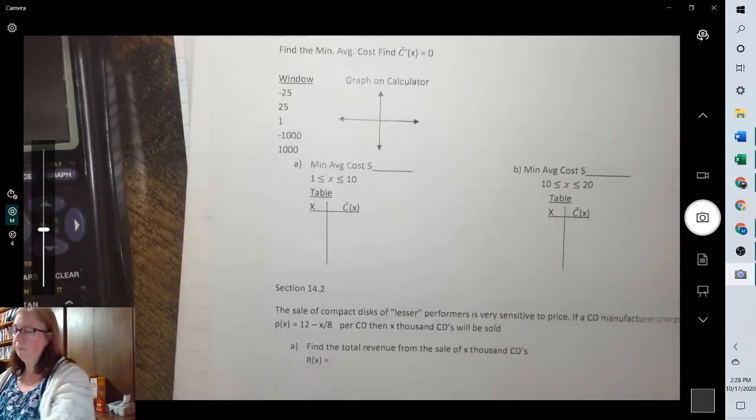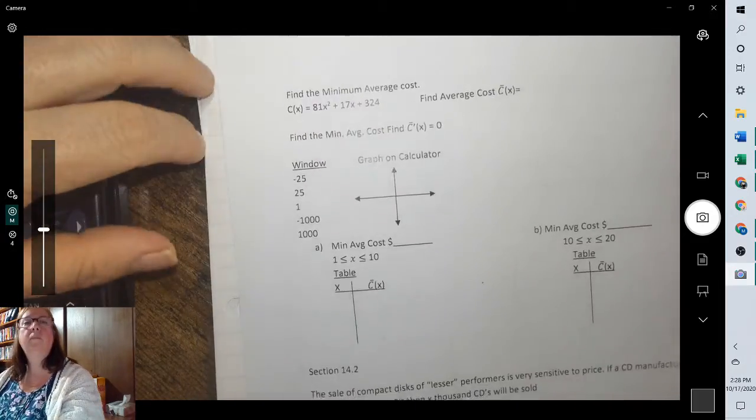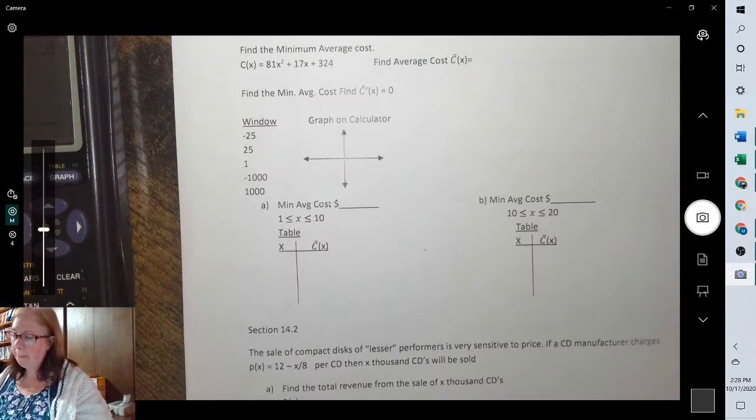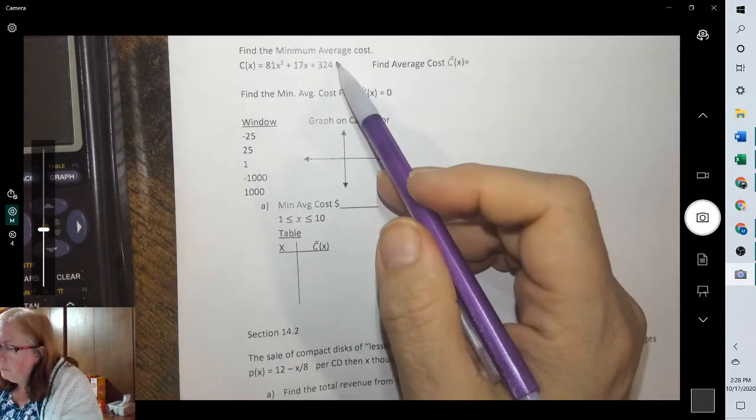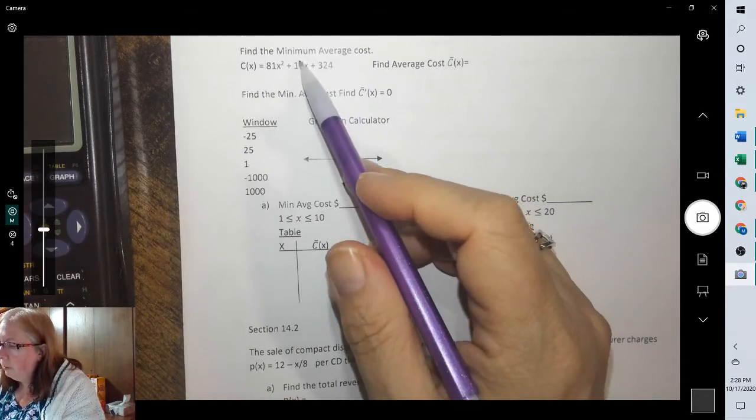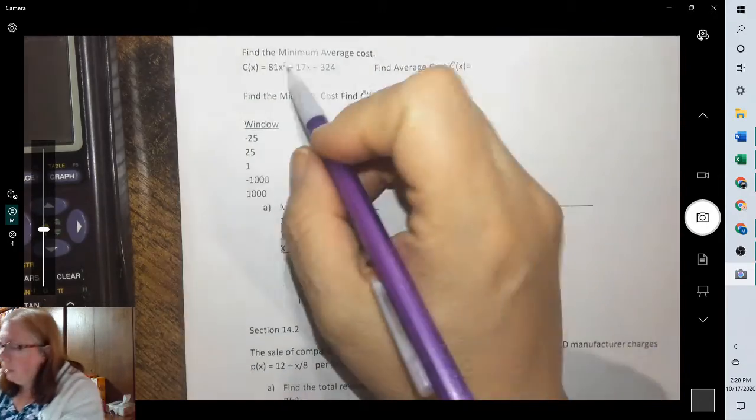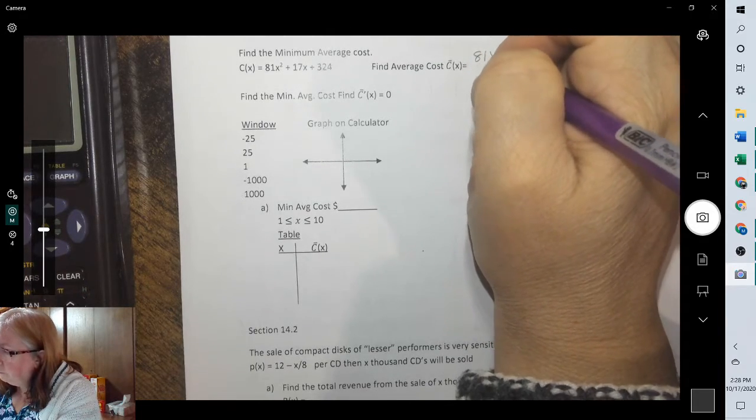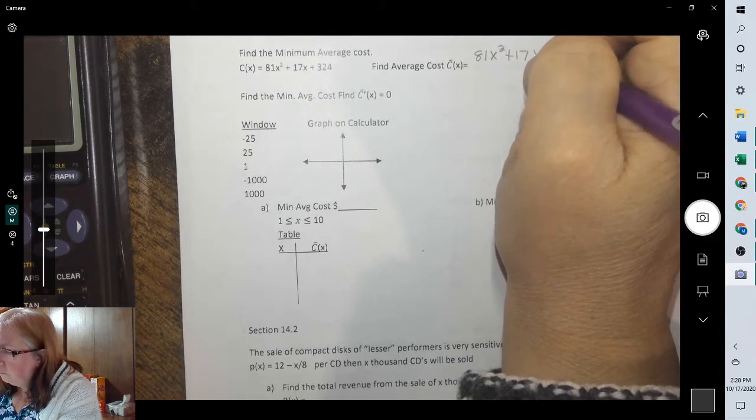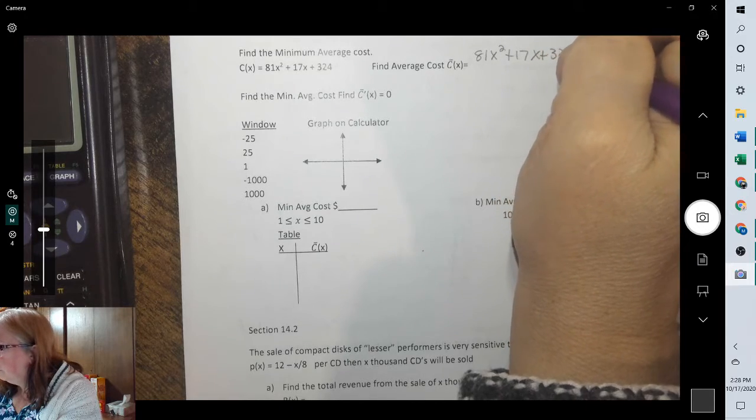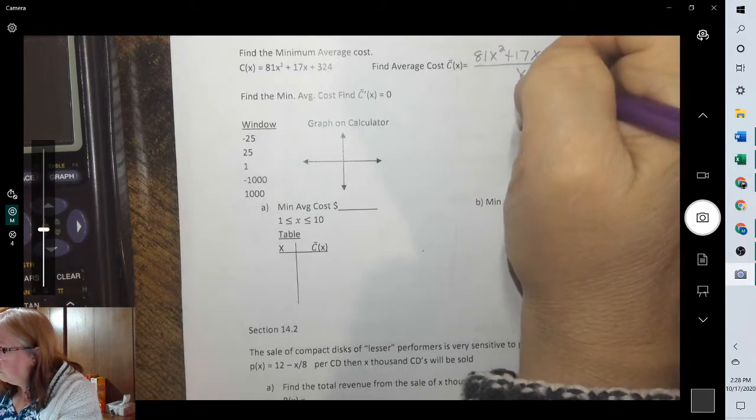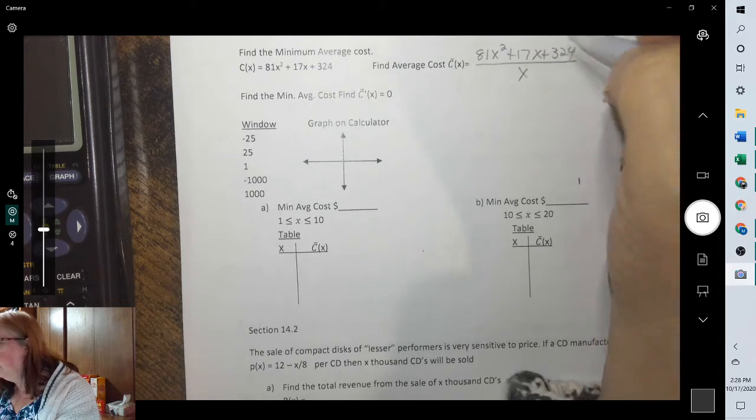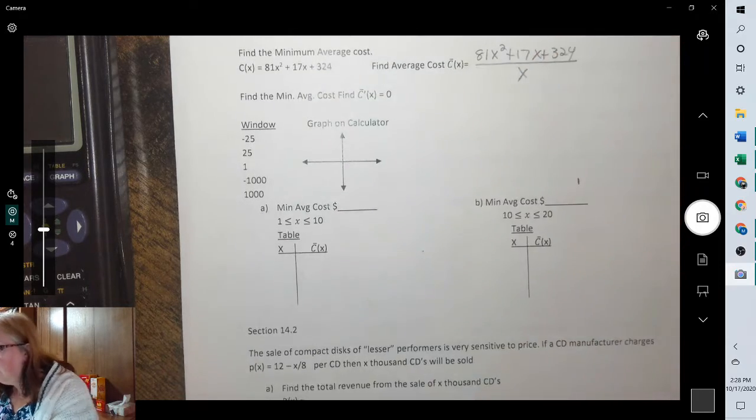Try one more. Find the maximum profit, or find the minimum, sorry, minimum average cost. We have the cost function, minimum average. This. Now, sometimes when you're just dividing by x, and we need to find the critical numbers, so we have